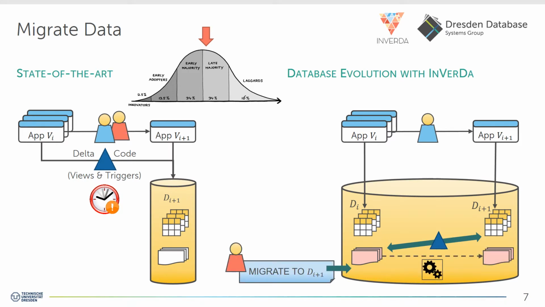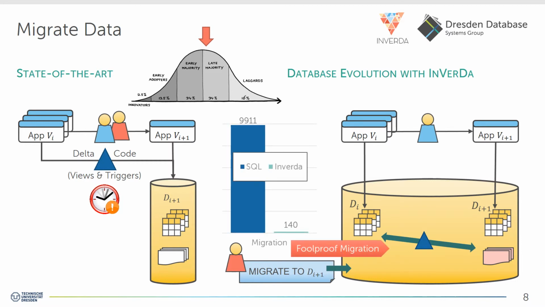In contrast to this, InVerDa allows the database administrator to independently execute migration statements by simply specifying the schema version that should be physically materialized. InVerDa transparently executes this physical migration in the background. This also includes the adaptation of all involved Delta code, so all schema versions stay continuously accessible, and the code required to do this is again orders of magnitude shorter with InVerDa,